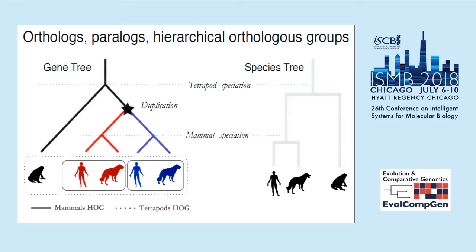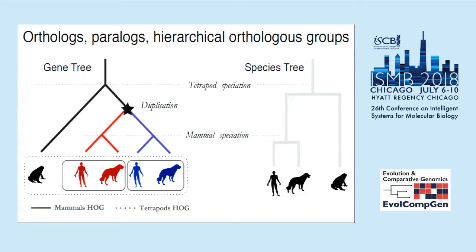If you look at the literature, there's still quite a bit of confusion about the different types of orthologous groups. We've been trying to push for a number of years the concept of hierarchical orthologous groups, and this could be defined quite rigorously. And I think we should. I think there's also space for more contributions at the methodological level that explore the properties of these groups. They are defined in terms of a taxonomic range of interest.